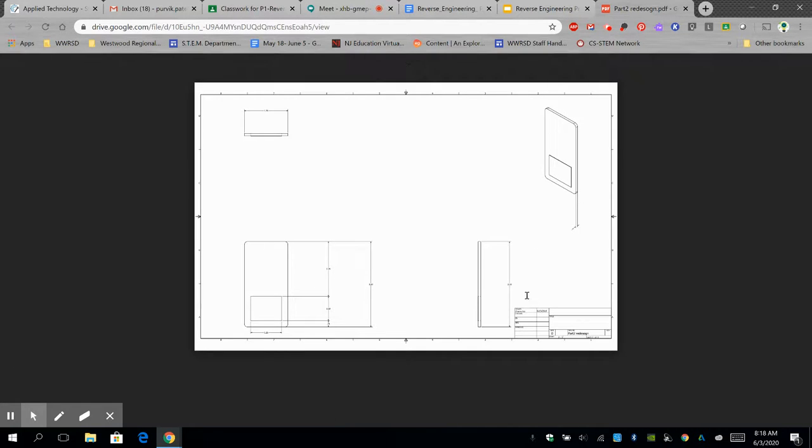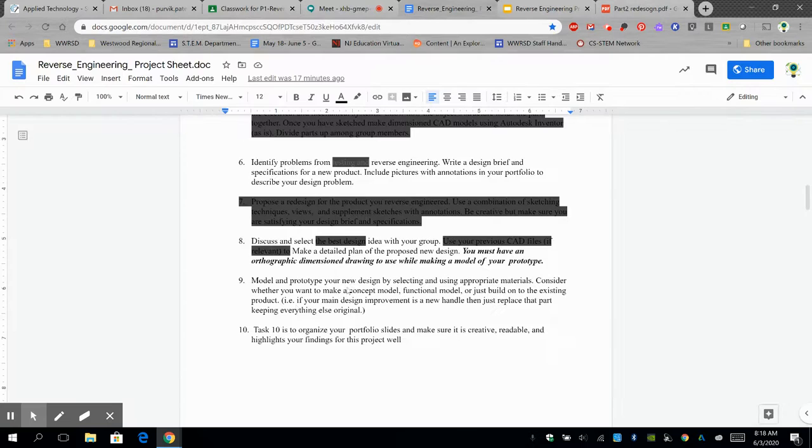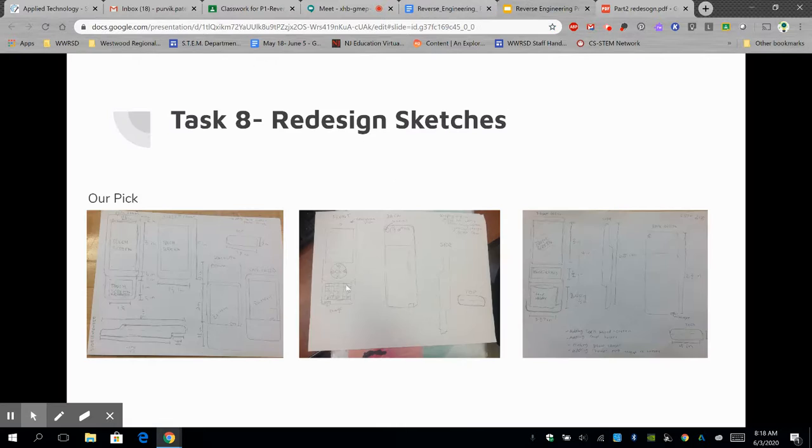Okay, so then let's go to task 9. Okay, task 9. Model and prototype your new design by selecting and using appropriate materials. Consider whether you want to make a conceptual model, functional model, or just build onto an existing product. Right? So, and it says an example, if your main design improvement is a new handle, then just replace that part and keep everything else. Okay, so let's say